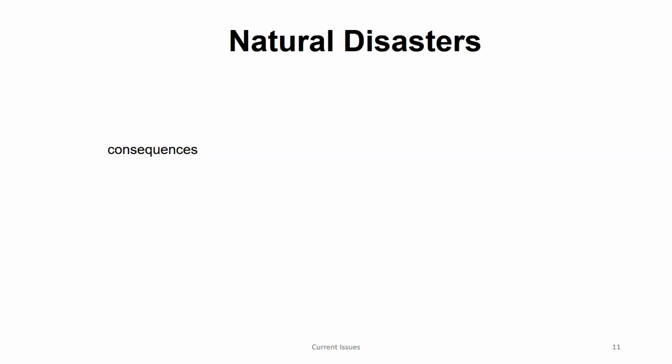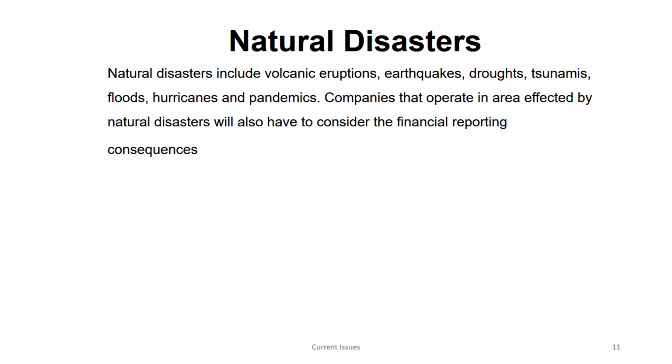Now we are moving to the third most important current issue: natural disaster. This is also a very common current issue that can come, and very recently the world has experienced a natural disaster known as the COVID-19 pandemic. This is just a definition. Natural disaster could be anything: volcanic eruption, earthquake, drought, tsunamis, flood, hurricanes, pandemics, right? Very recently we are still facing the side effects of it, right?